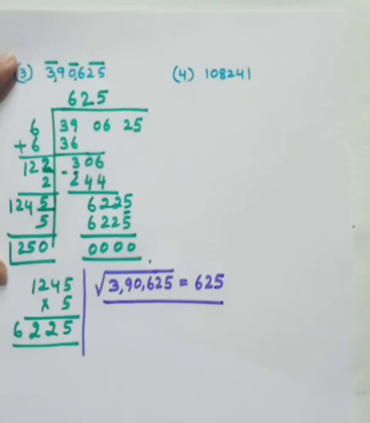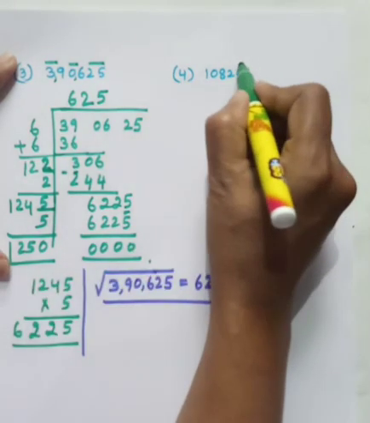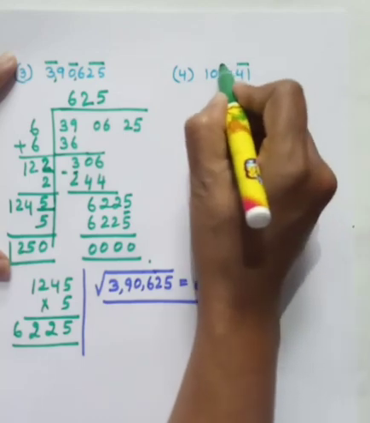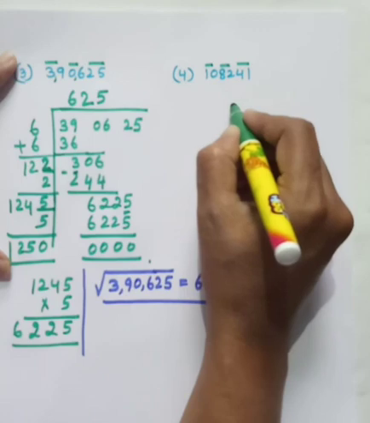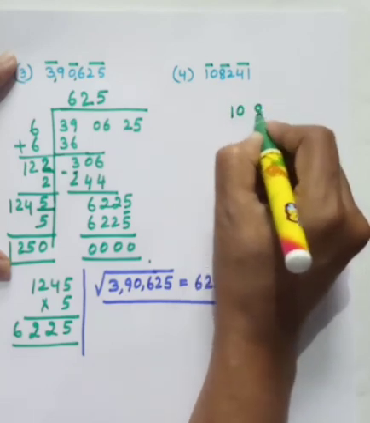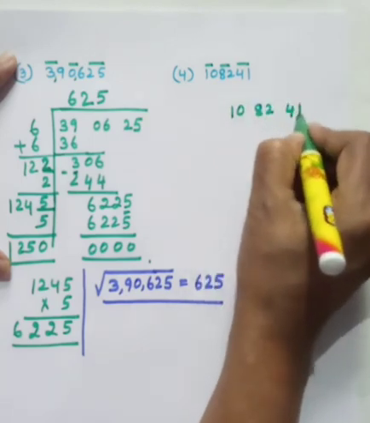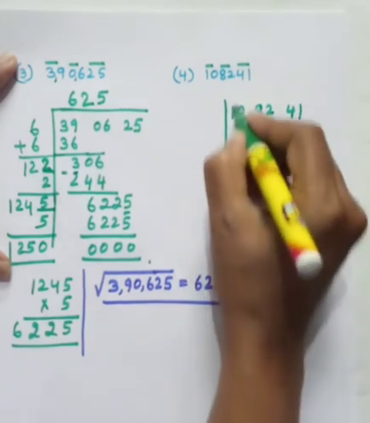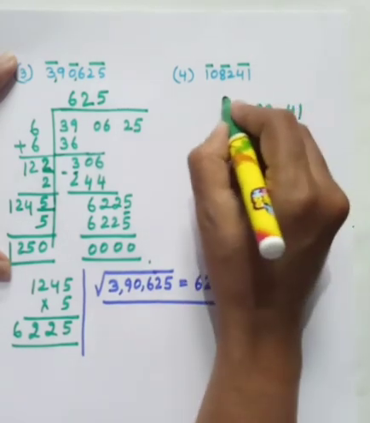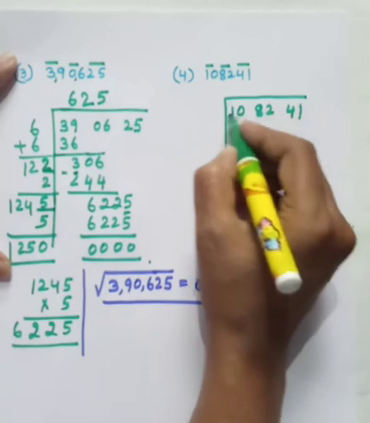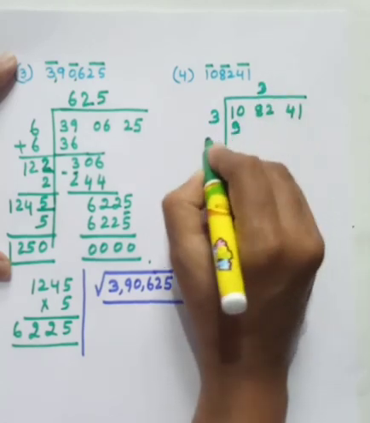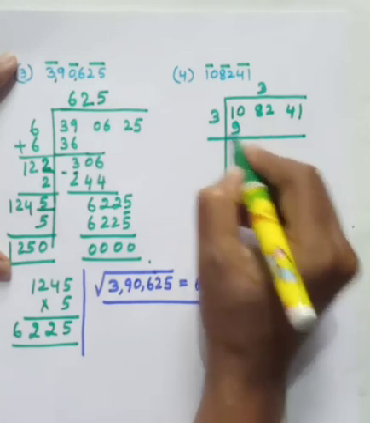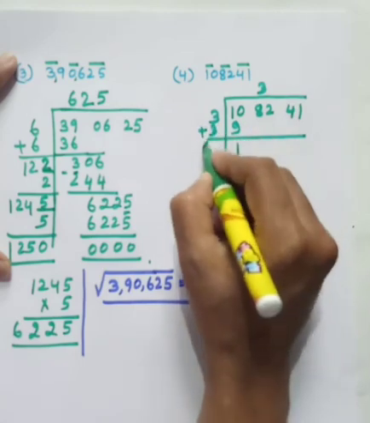Now let us work out the next. See, again I am pairing. 41 will come in one pair, 82 in one pair, and 10 in one pair. And we shall write it down: 108241. So let us see how we can solve this question. See, 3 3s are 9. It's visible from here only. So 3 3s are 9. So 10 minus 9 is 1. Here plus 3. We are left with 6.